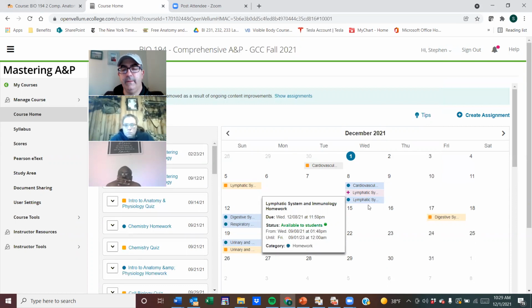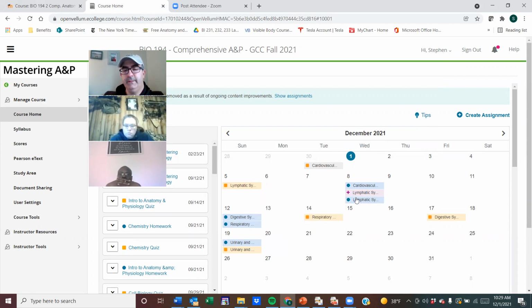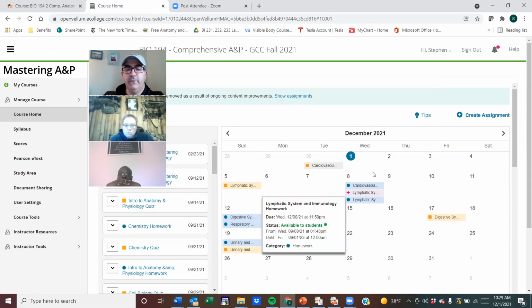And there's not a lab in the box that goes along with the system, so we're going to do that lab. I made sure that it was different than the muscle lab that I did earlier this semester. It shouldn't take nearly as long, and it should be more understandable. So make sure you are looking at those as well.